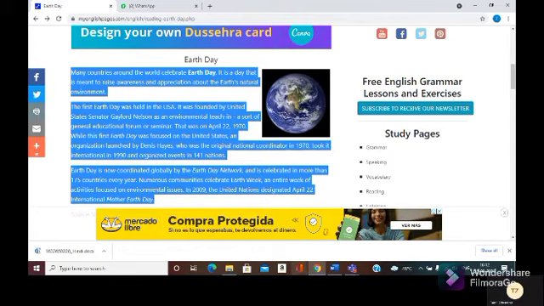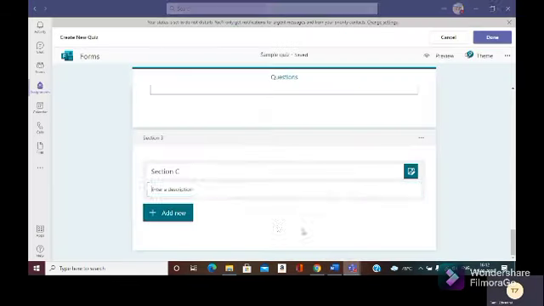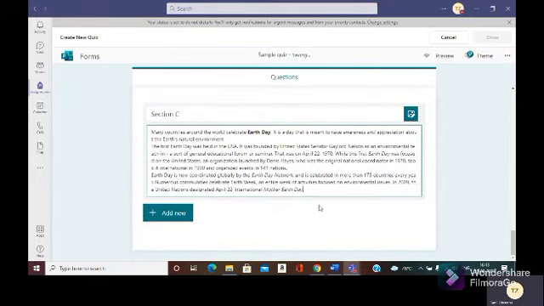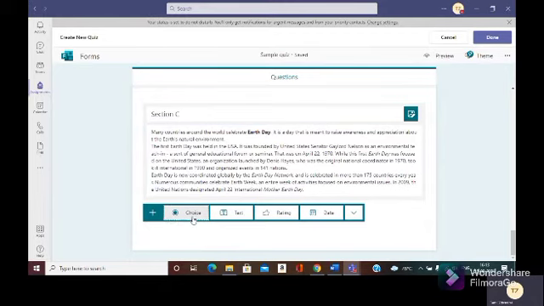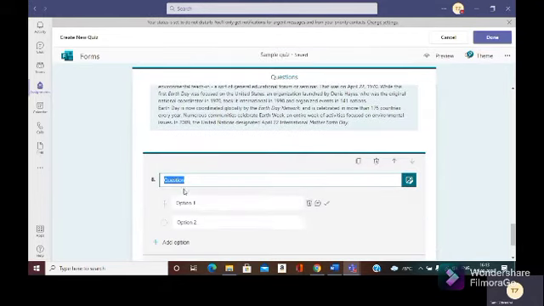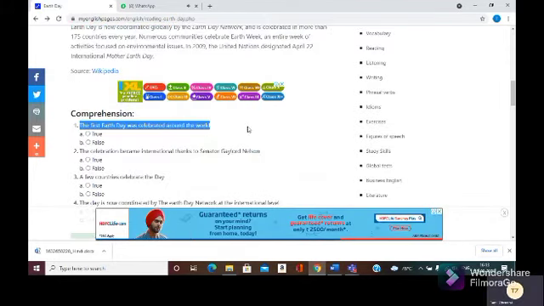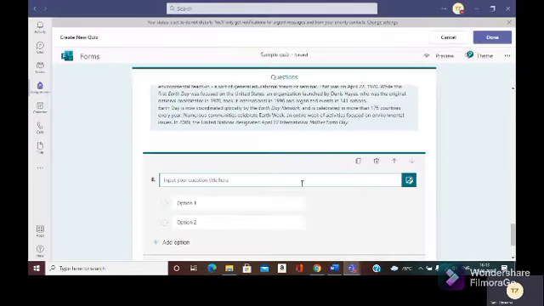Okay. And I'm going here. I have pasted this. Okay. The paragraph is pasted. Now I click on add new button and I'm adding a choice question based on the paragraph. The question also I will show here. I'm adding the question now.